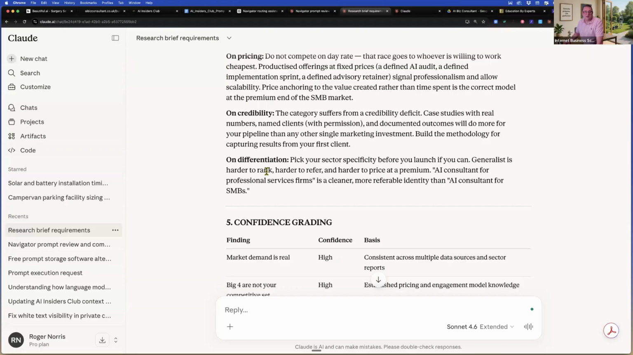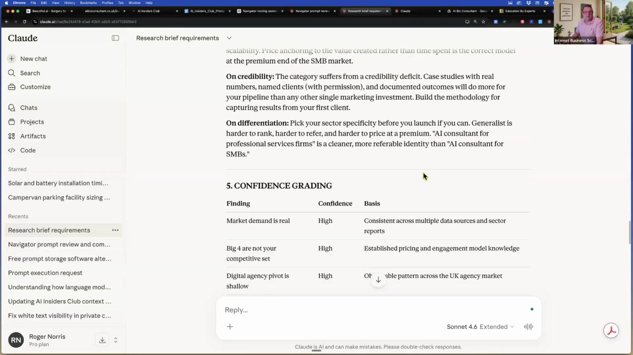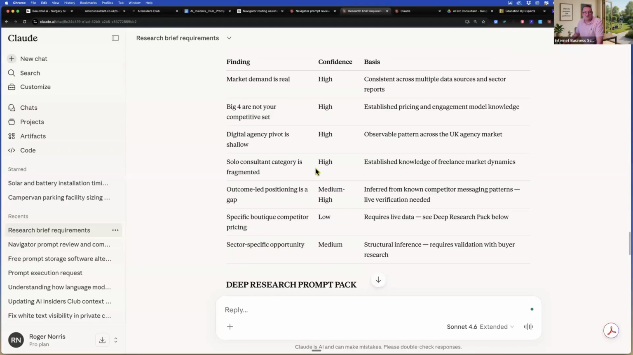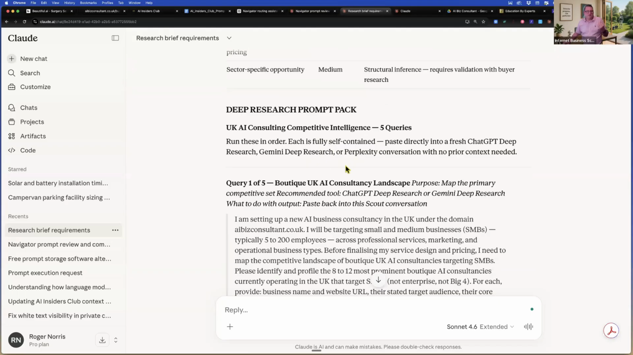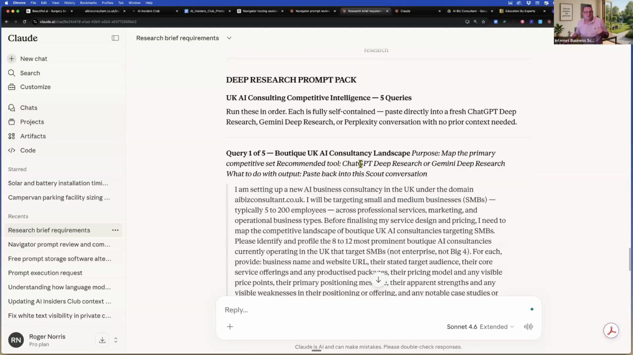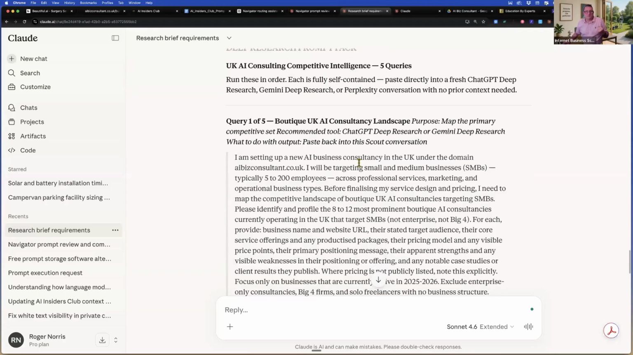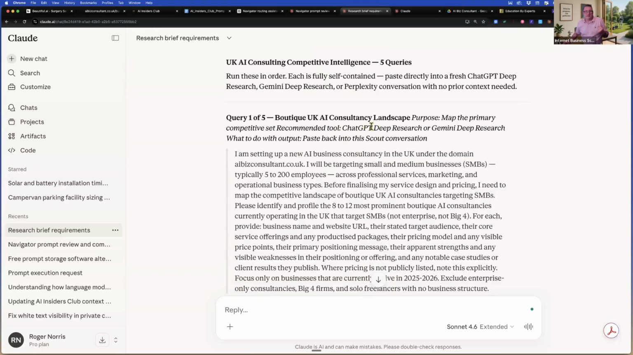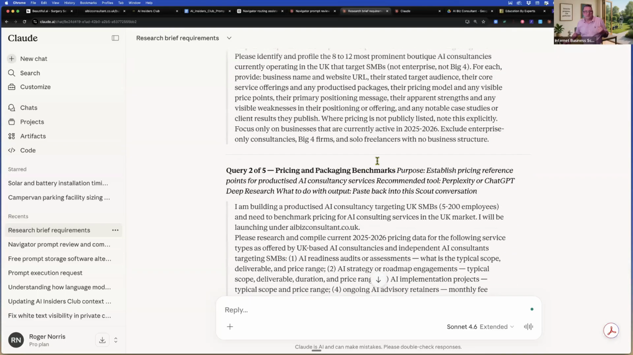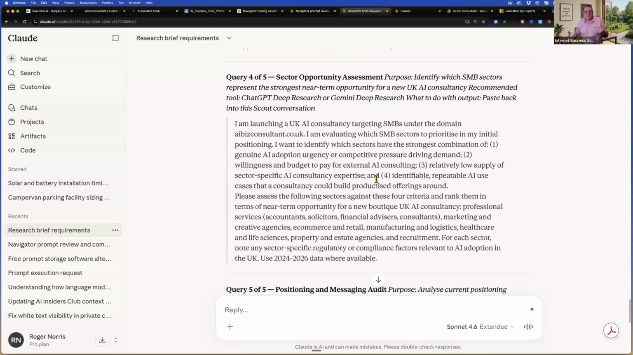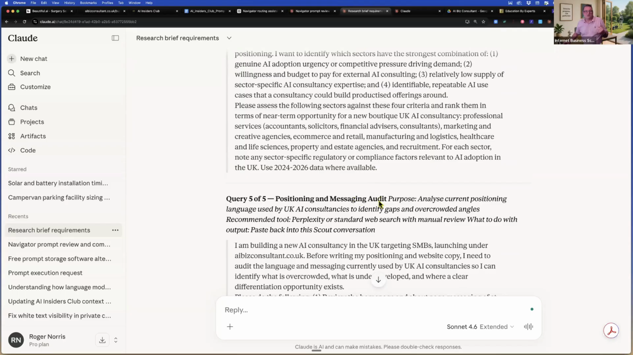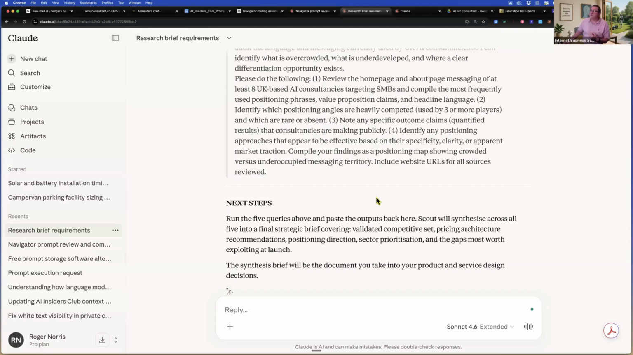A generalist is harder to rank, harder to refer. Okay, and then it looks at that in terms of confidence rating. And then, amazingly, and really helpfully, it builds 5 deep research prompts for you to run separately. There's one about the landscape, pricing and packaging benchmarks, buyer sentiment, sector opportunity assessment, positioning, and messaging audit. Okay, and what it wants me to do is to run all of those 5 queries as deep research